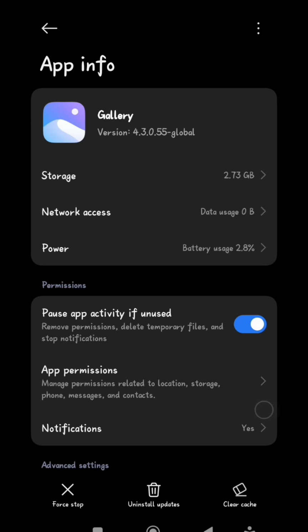that's how you can fix WhatsApp media not showing in gallery on POCO X7 Pro after